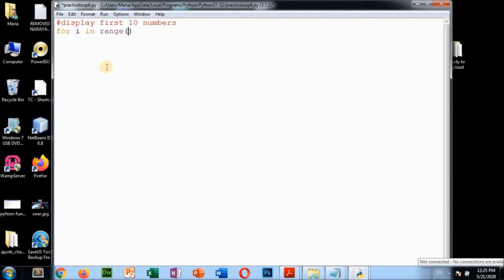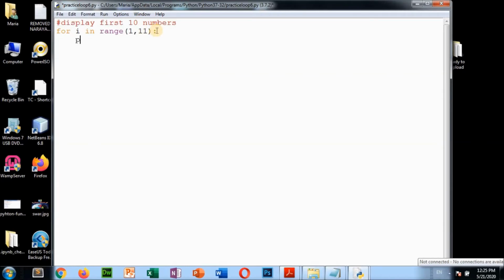Suppose the numbers from 1 to 10. So the first number you write here is 1, and the last number you have to give 10. If you write 10, then it will go only to 9. So you have to write here 11. That means the last number you give, it will take n minus 1. Okay, just remember this. So here you have to give one colon, press enter.